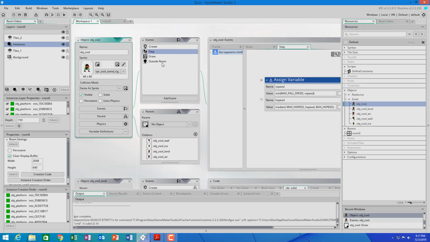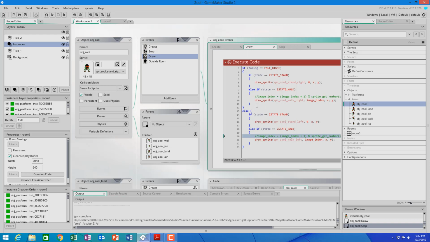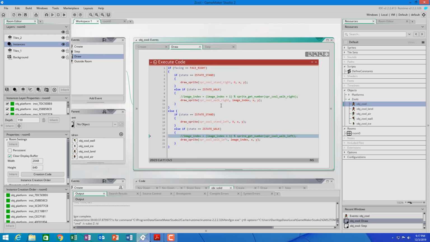So if you look in here, if you remember in my draw code, I had to put in some extra code to make this work. So the animation doesn't quite work. When we're facing right and we're in the walking state, it should draw the sprite, but it should animate. The value you're supposed to put here is -1 for draw sprite, and that says don't change the image index. Just let the animation continue one after another. But what I'm finding is that that just doesn't work. If you pass in a -1 here, let me do that now. And a -1 here, like